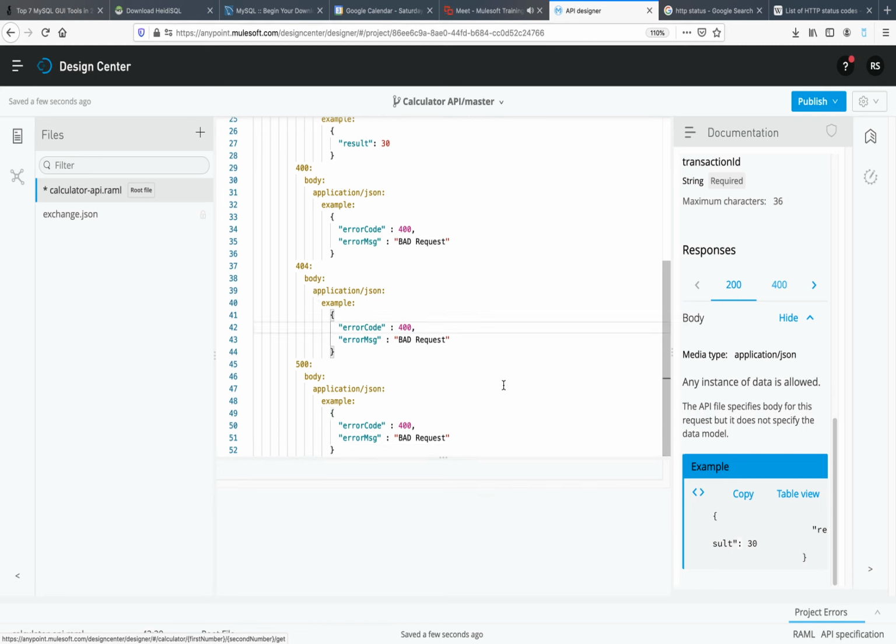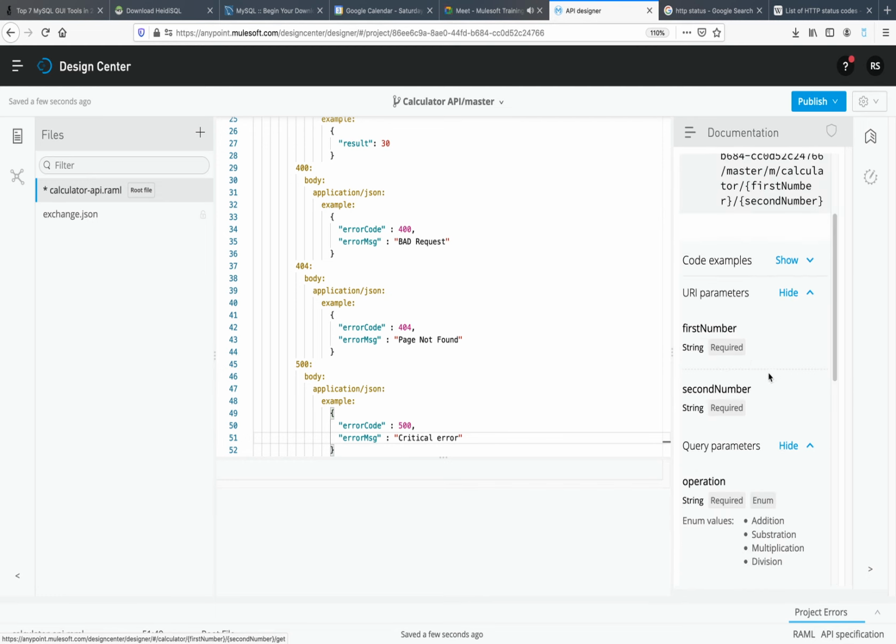So this will be 404, page not found. And we will have 500, this will be critical error. Okay, so here you can see now we have 200, 400, 500, 404. Whatever you have defined, everything you can see here.